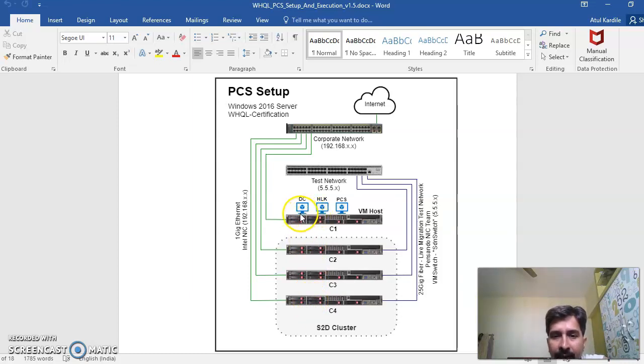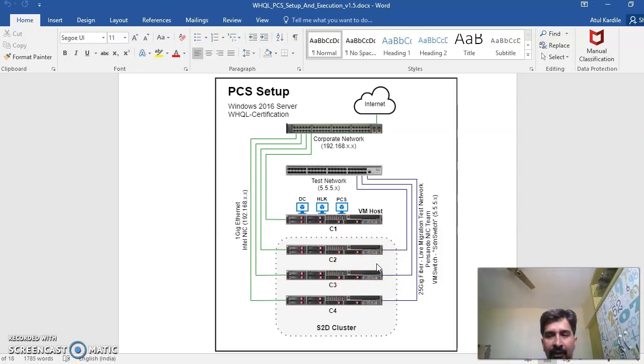We're gonna need DHCP on both the networks. The one piece which is missing in this diagram is that there's a DHCP server running on this network also. Because on this network there will be a lot of VMs getting created on this cluster. A lot of VMs are getting migrated from this host to that host, and simultaneously there will be many operations performed from a PCS test perspective. So this particular network is also gonna need a DHCP server sitting on this network.